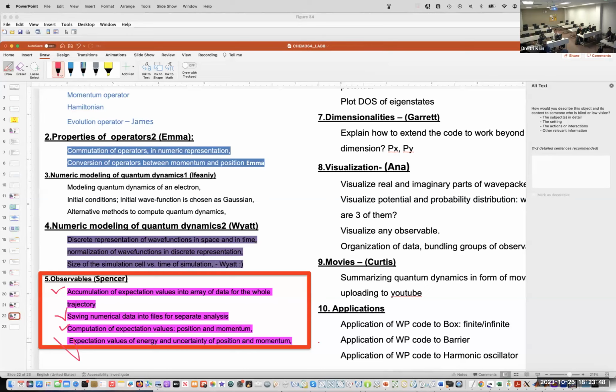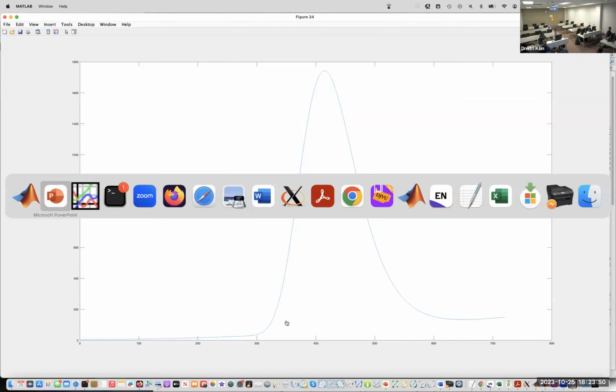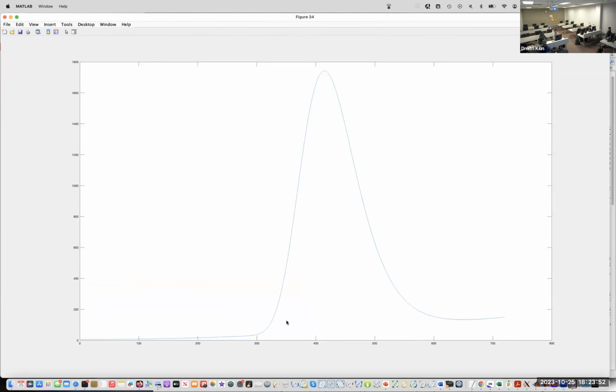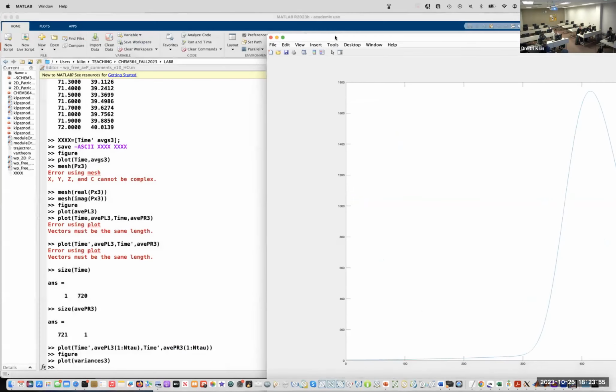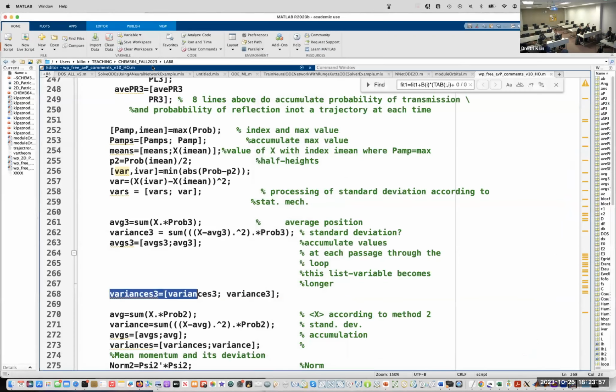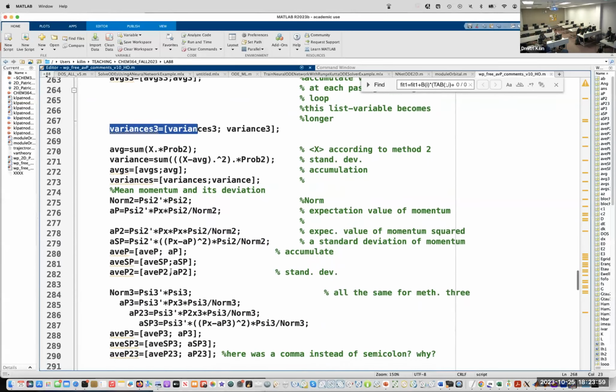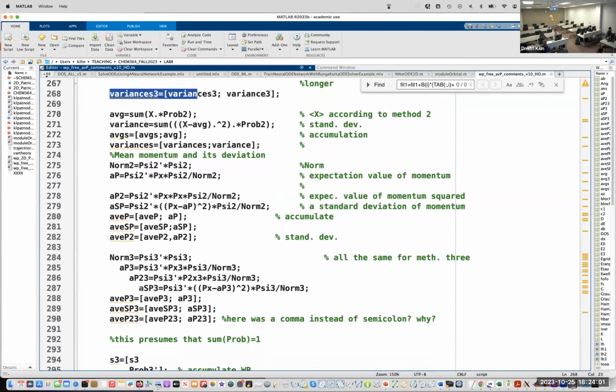Expectation value, uncertainty of momentum. We did uncertainty of position. Let's find uncertainty of momentum. I think it's this one, ASP3.